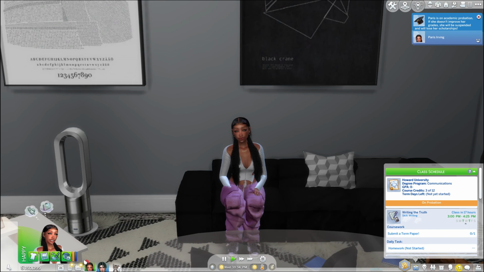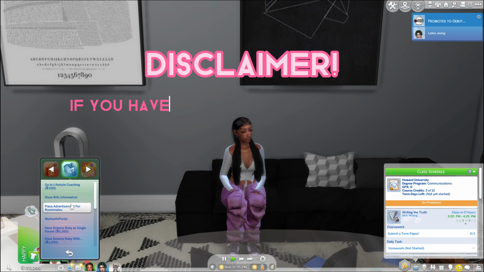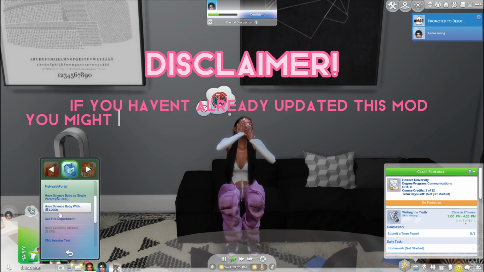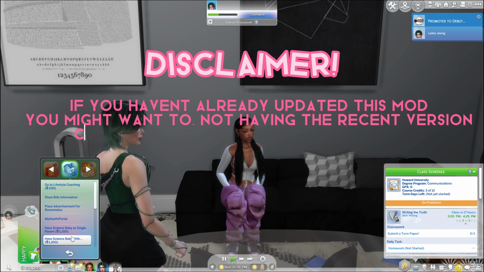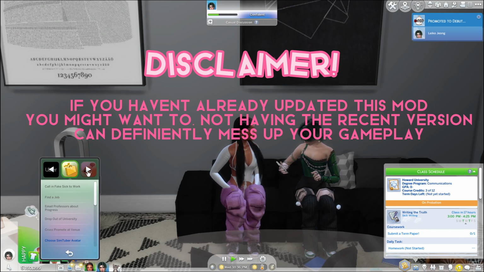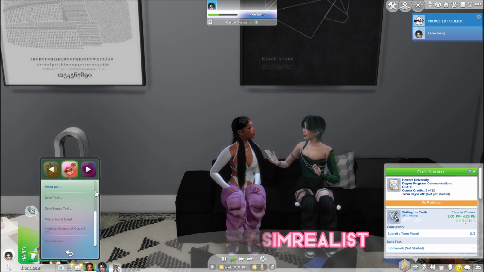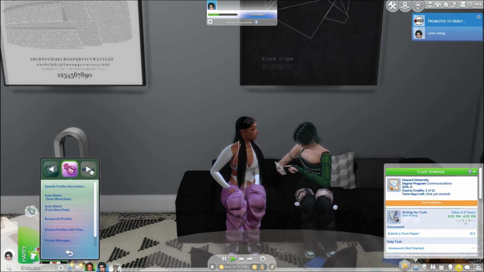But the next mod we're actually going to talk about is SNB Bank Bills in Private Practice. Quick disclaimer, if you haven't already updated this mod, you might want to. They recently came out with an update, and not having the recent version in your game can definitely mess up your gameplay. So we're going to start off with SNB Banks, which has its own app and icon on